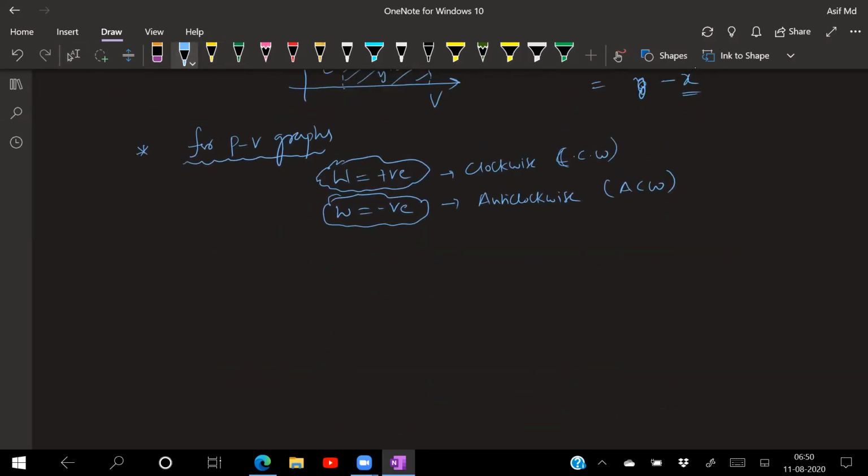If I change the graph a little bit, see this carefully. Now I'm taking the graph of pressure versus volume, with V on the x-axis and pressure P on the y-axis. This is point A and this is point B. I'm going from A to B like this, again from B to A like this, and the arrow mark is like this. This one is Y and this one is nothing but X. Got it?